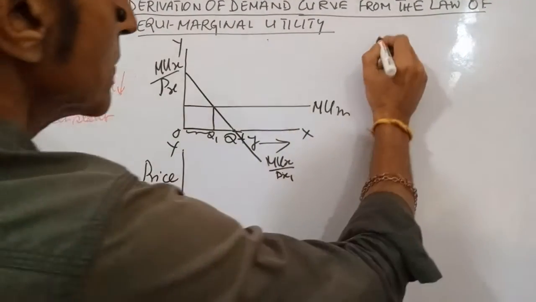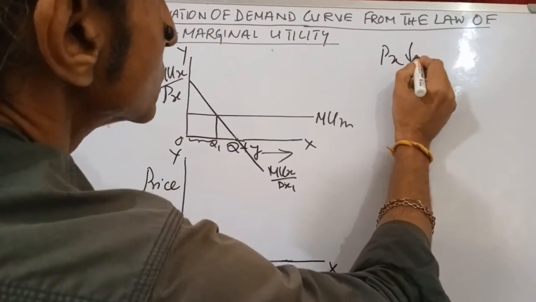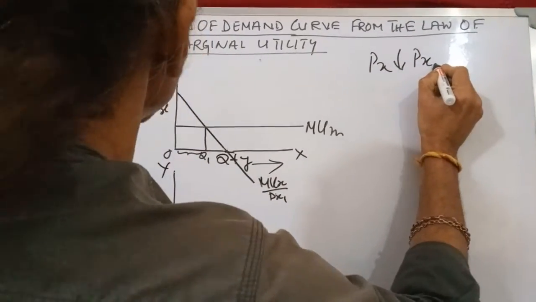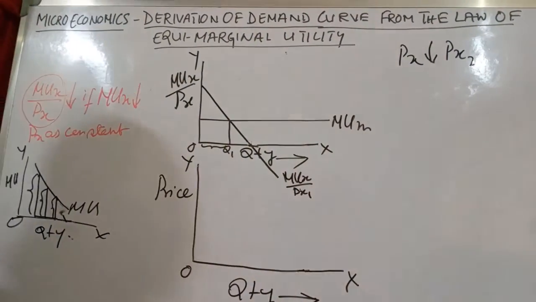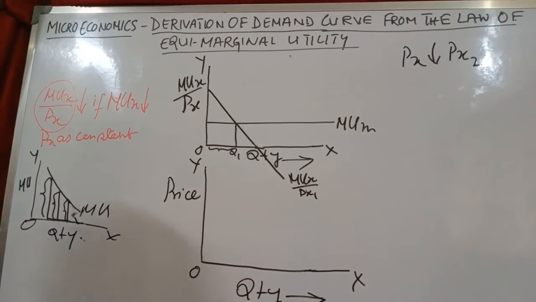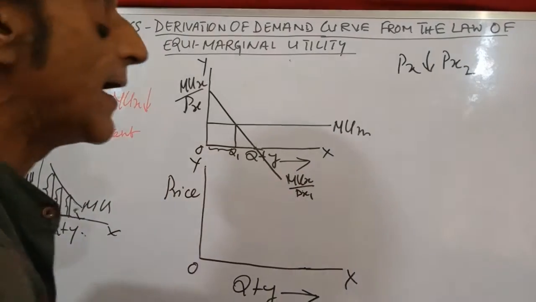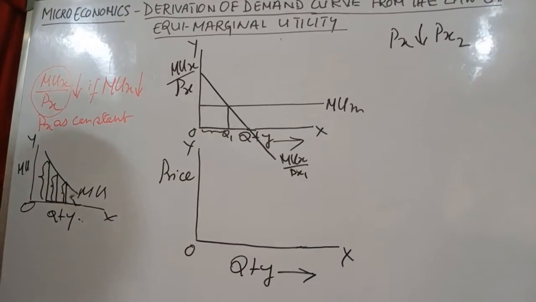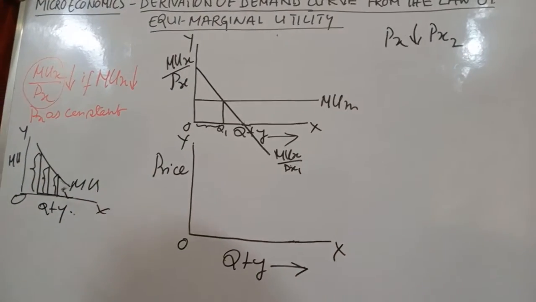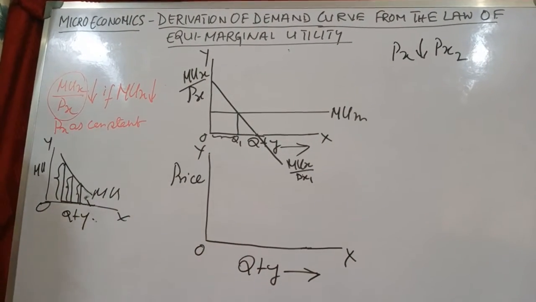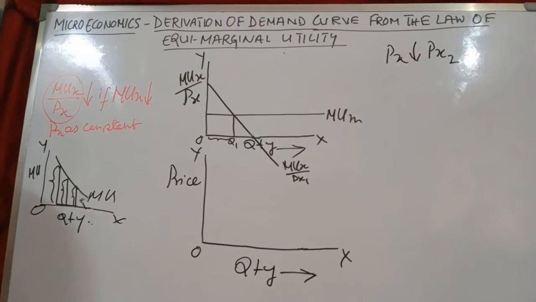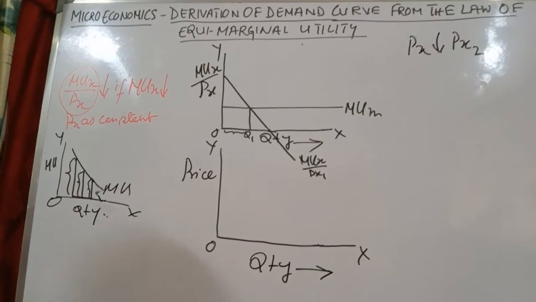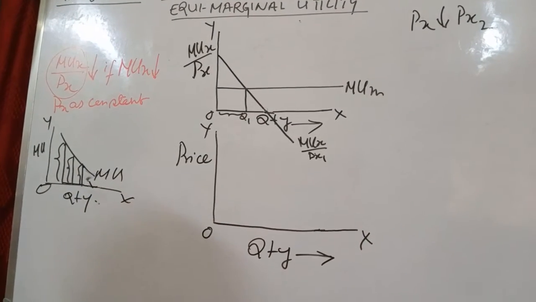Now suppose price of x falls to Px2, from Px1 to Px2. As price of x falls from Px1 to Px2, money income of the consumer and other things remaining constant, the consumer's purchasing power will increase, and with the increased purchasing power the consumer will try to maximize his satisfaction or to increase his satisfaction,